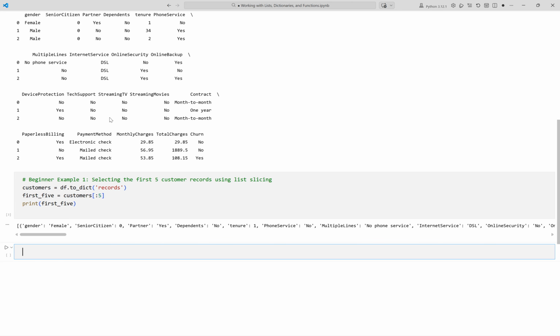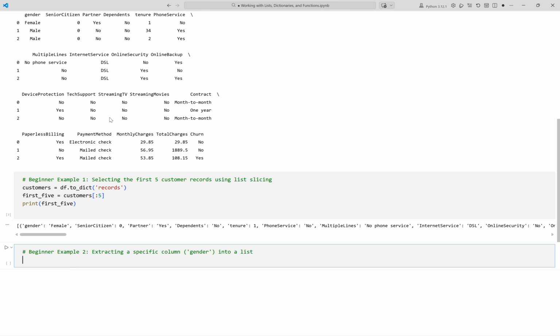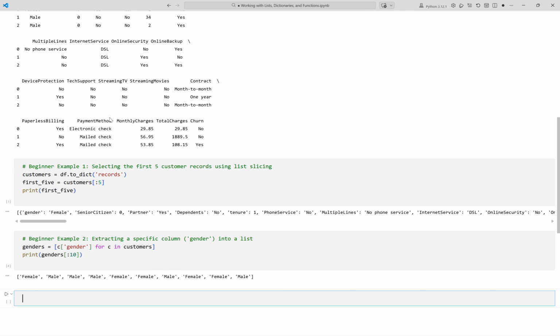Separating out a specific attribute often speeds up analysis and groupings. We use list comprehension to extract the gender value from every customer record. We print the first 10 gender entries to verify our list. Running the cell now. Here, the code extracts the gender column from the customer dataset into a list and prints